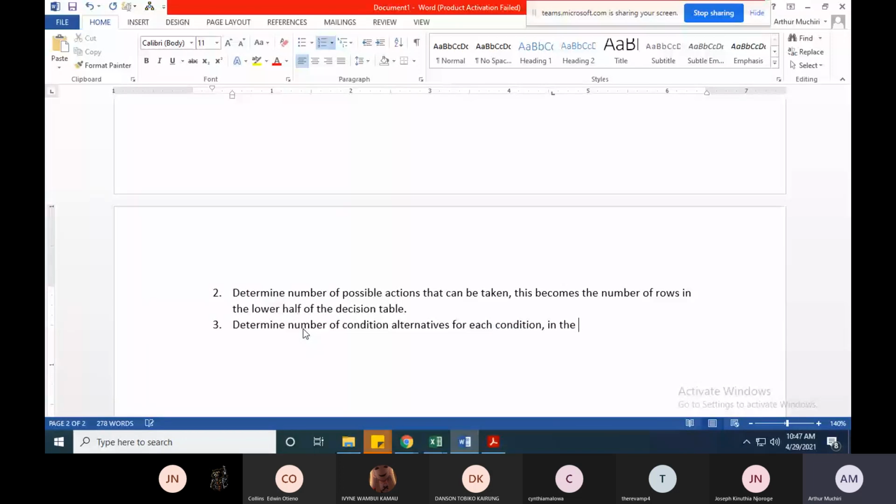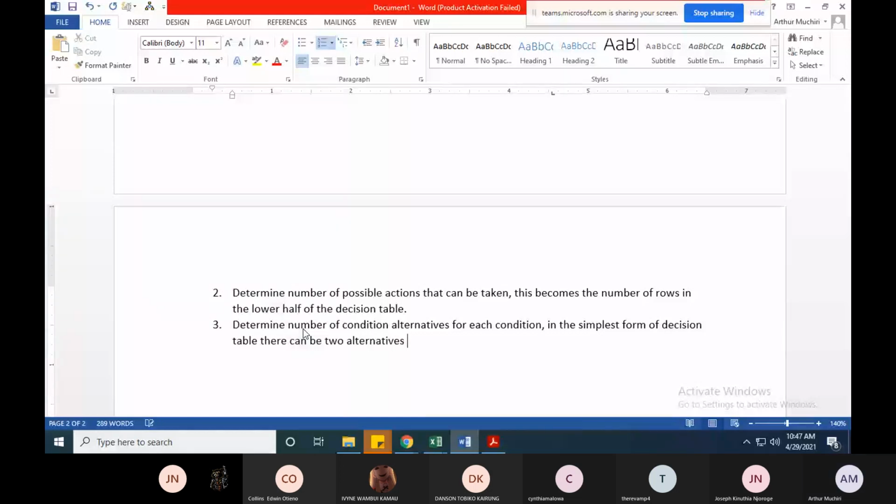In the simplest form of decision table, there can be two alternatives. There are only two alternatives,